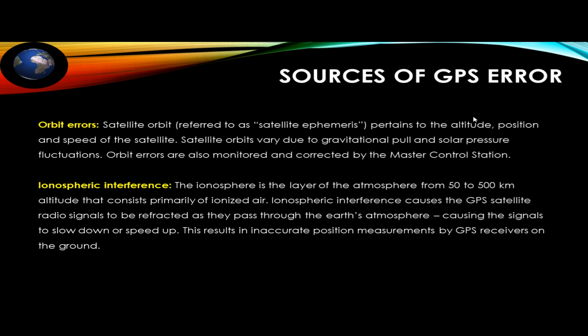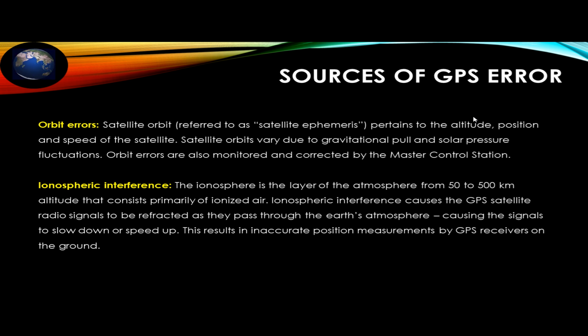As we know, the satellite is located 20,200 kilometers above the Earth's surface. So at this altitude, you can see that from 50 to 500 kilometers we have the ionospheric layer of the atmosphere. When radiation comes, it may refract, and it won't give you the exact point. So that can be an error in measuring the exact location, causing the signal to slow down or